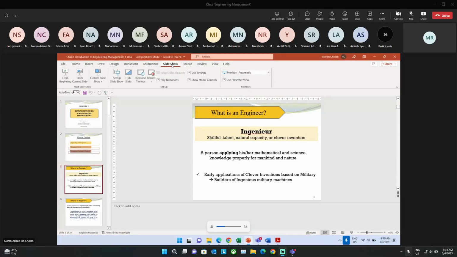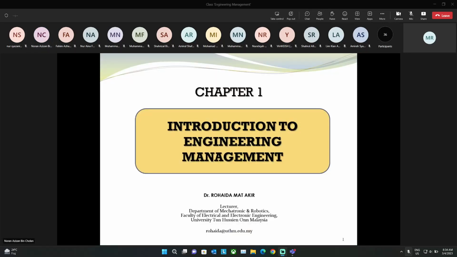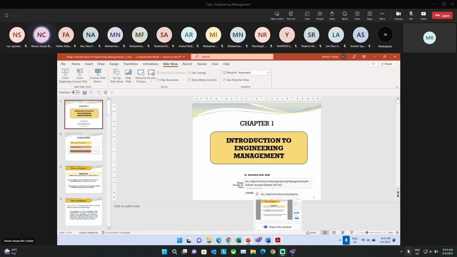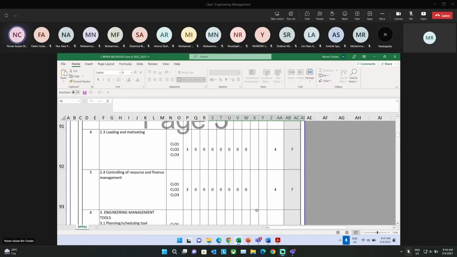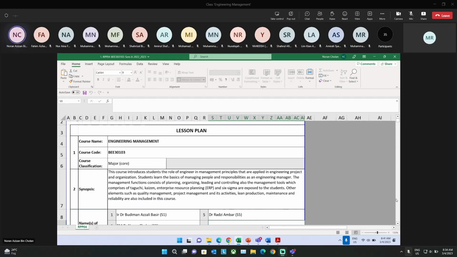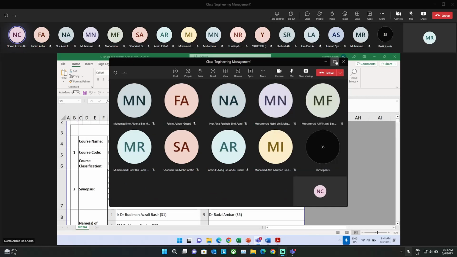Boleh dengar? Boleh, sir. Waalaikumsalam, Doktor. Display macam mana? Okey. Okey, Ren. Okey. Dan okey, sebelum tu, before we get started,